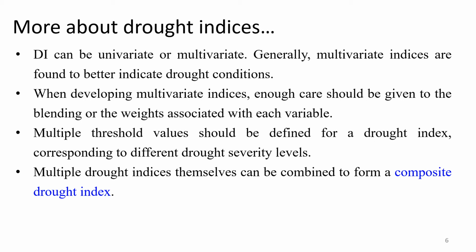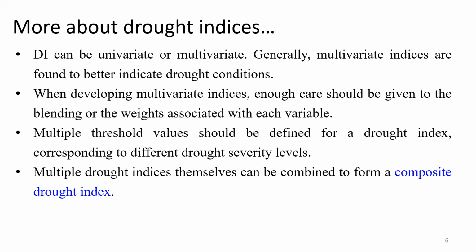Okay, for my region, which is primarily a rain-fed region, rainfall gets higher weightage. Say I'll give 50%. Soil moisture gets say 30%. Groundwater gets 20%. Like that, I have to give some weightages, and these weightages will differ based on the region, based on the application, etc. So we have to be really careful when we choose the weights or how we blend these variables together. There are several methods of blending these variables, not only based on weights, but we should be careful in choosing them.